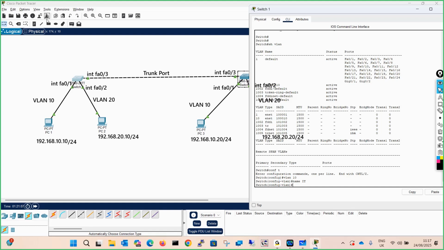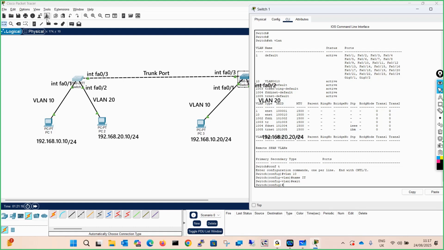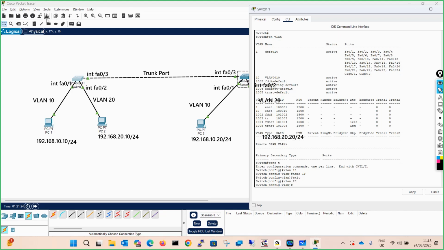Now come out from here, exit, and we will create one more VLAN, that is VLAN 20. So say VLAN 20, name HR. If this network belongs to the HR department, give the name HR, hit enter.